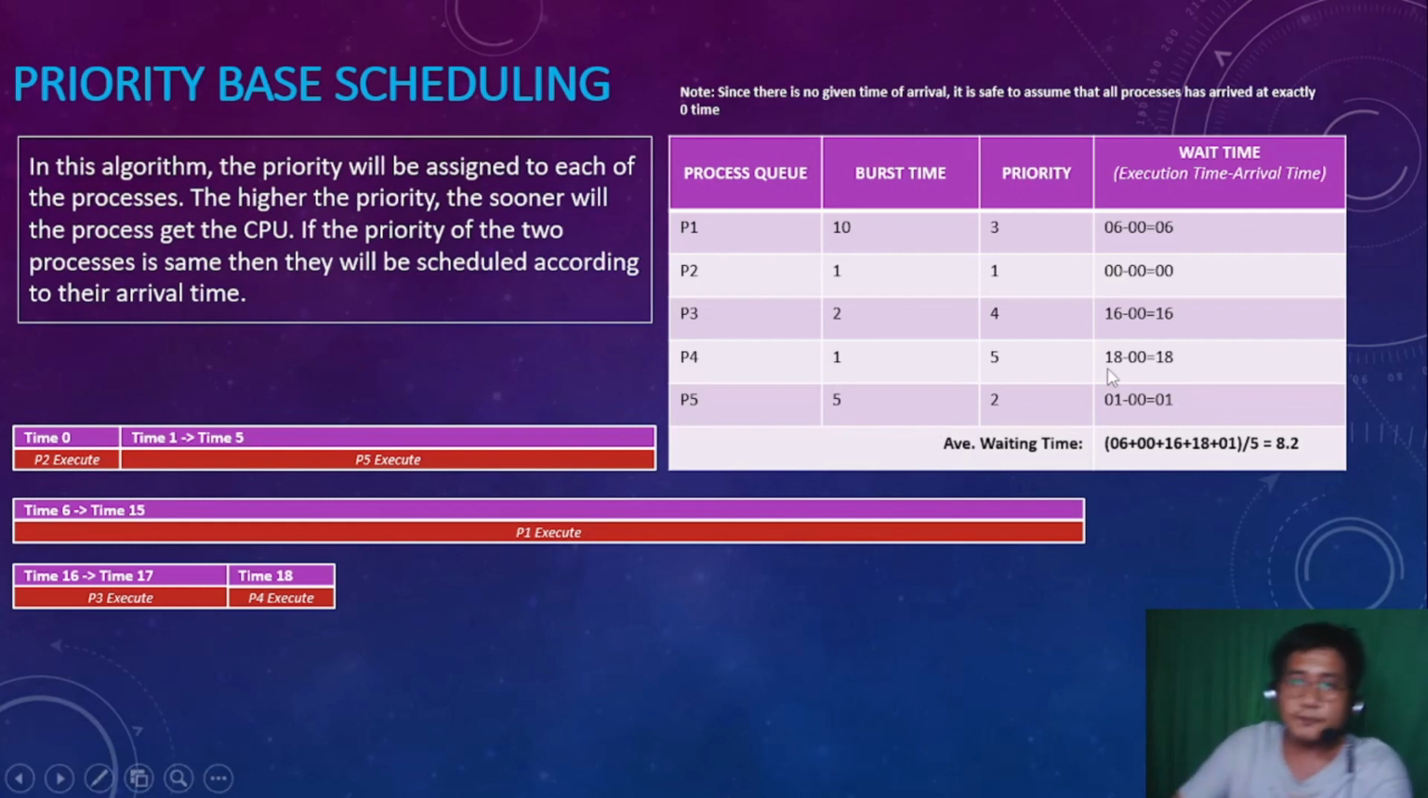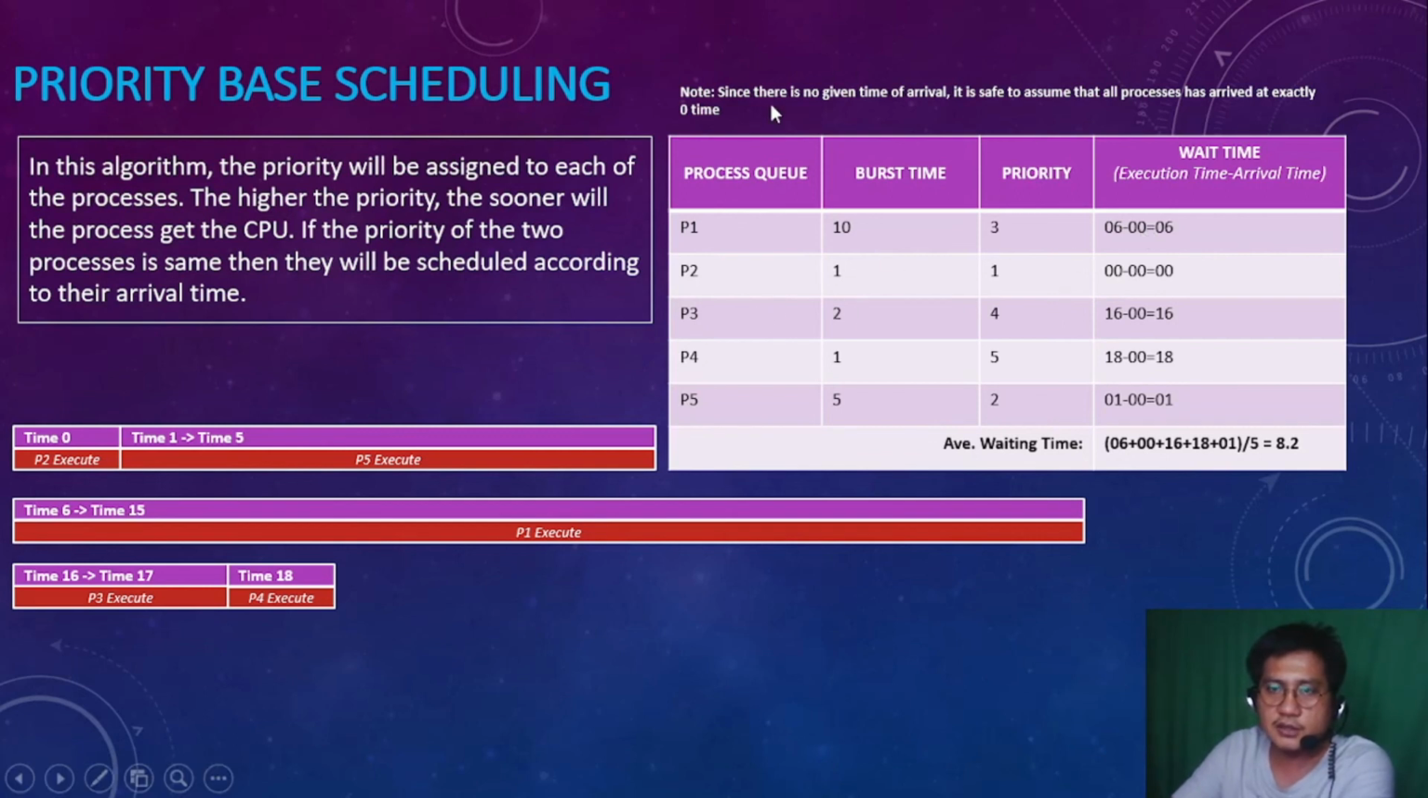To compute the waiting time, we have to look at the execution time minus the arrival time. Here in the table, for process 1, we have 6 for the execution time. If we look into our Gantt chart, at around time 6, P1 gets its first execution time in the CPU. So we have 6. But then we have an arrival time of 0,